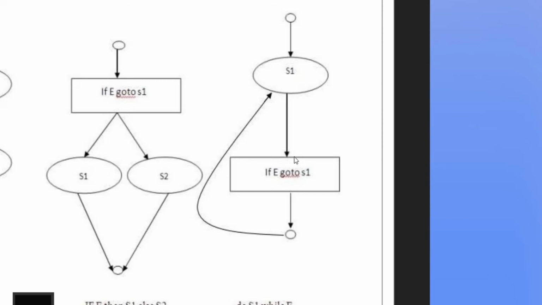Expressions in this language are similar to those in the intermediate code, but the flow graphs for statements will have some restricted forms. Here we define a portion of a flow graph called a region. This is a set of nodes which includes a header and which dominates all other nodes in the region. Only after executing this condition will the next blocks be reached, so this becomes the header.